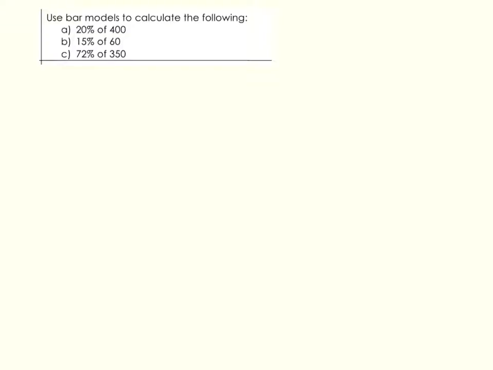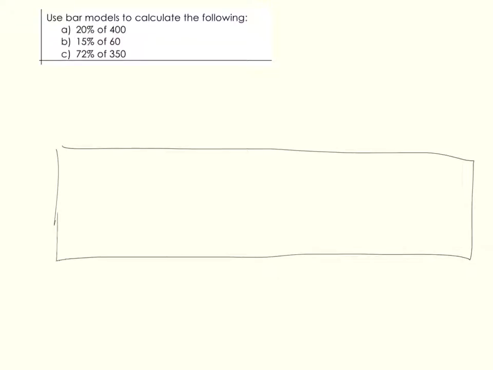The next question asks you to work out 15% of 60. So again, if we draw a bar, and the whole bar is worth 100, to get 15% we need to split that. We have to divide 100 by 5 because the biggest number that goes into both 15 and 100 is 5. So 5s into 100 is 20. So if I split this bar into 20 pieces,